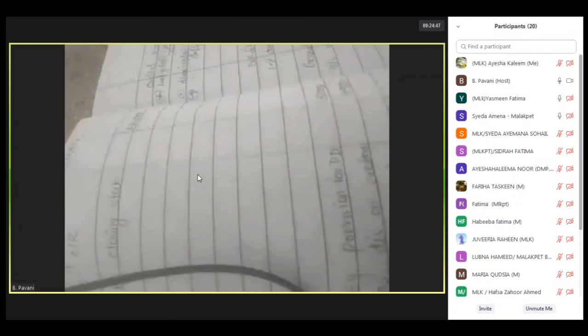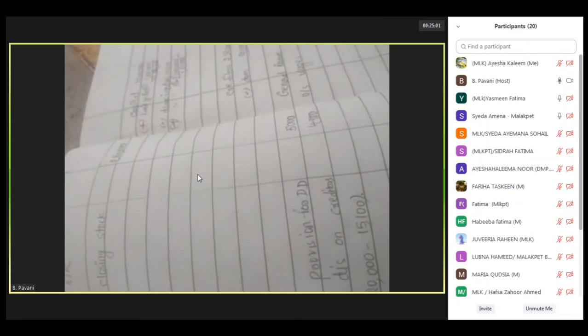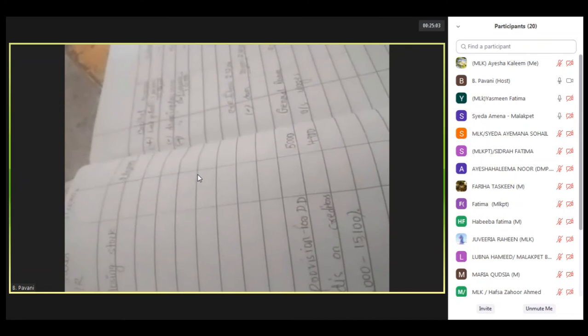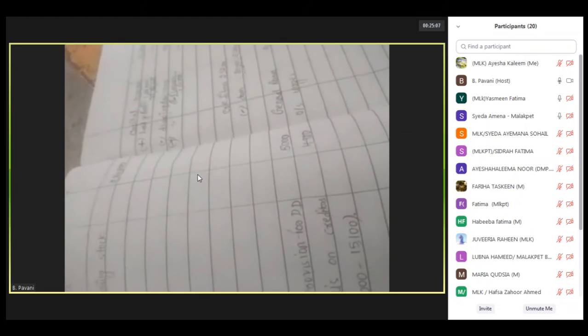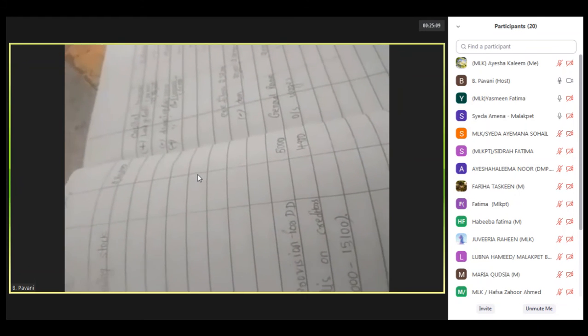The next one is creditors include a claim for damages rupees 20,000 and which was settled by paying 15,100. So creditors have included the amount of 20,000. That's why from the creditors I have subtracted, and they have settled this. That's why whatever the cash balance and bank balance will be there, it will become less. That's why from the bank balance I have subtracted. But when they are paying, they are getting the discount. So when they are getting the discount, it is a profit for the business. That's why I have written.